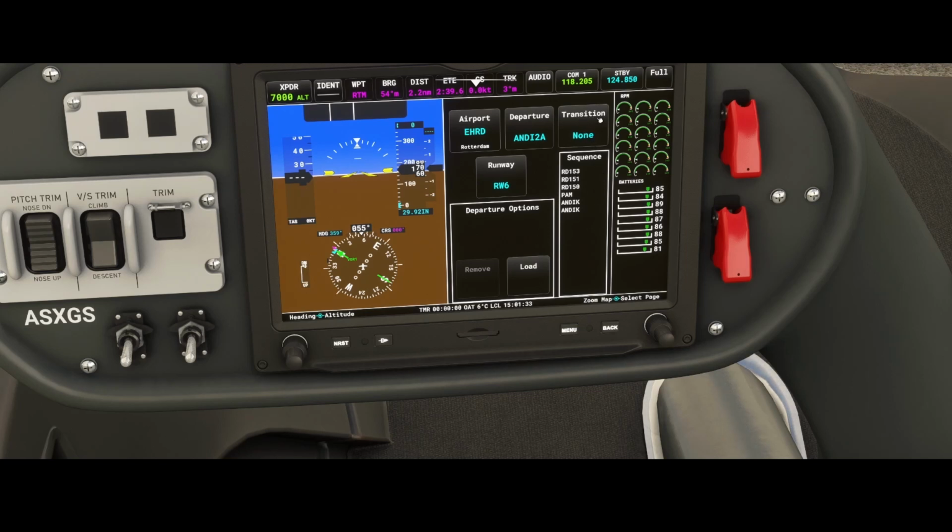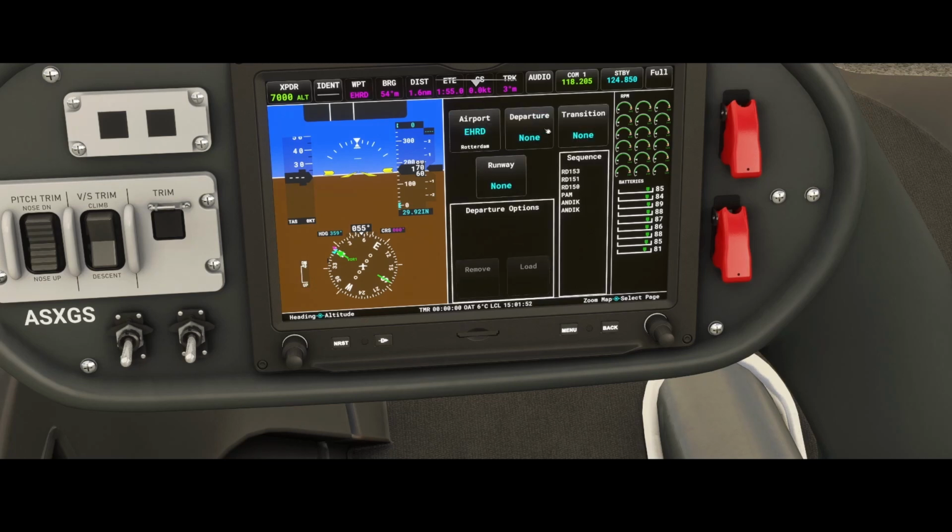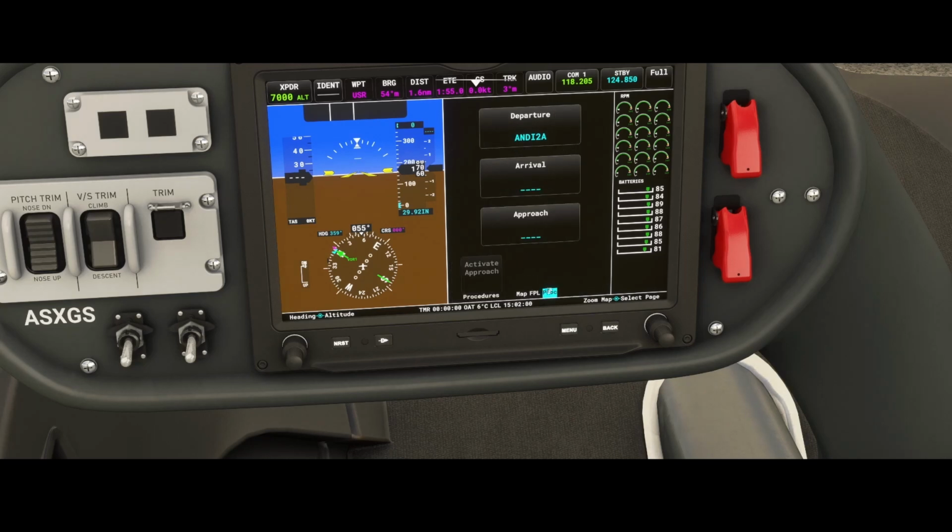Then in some scenarios you also have the transition, which means the transition from the departure route to the, let's say, end route. In this case there's no transition, so we can leave it and we can press load. In which case it will now set departure to ND to A. So the nice thing about this is that you can still select it and make changes, right? But since we're not wanting to make changes, we can simply hit load and then go to the